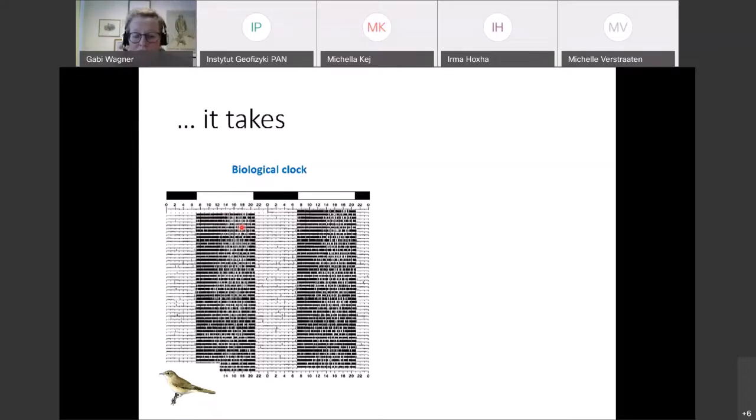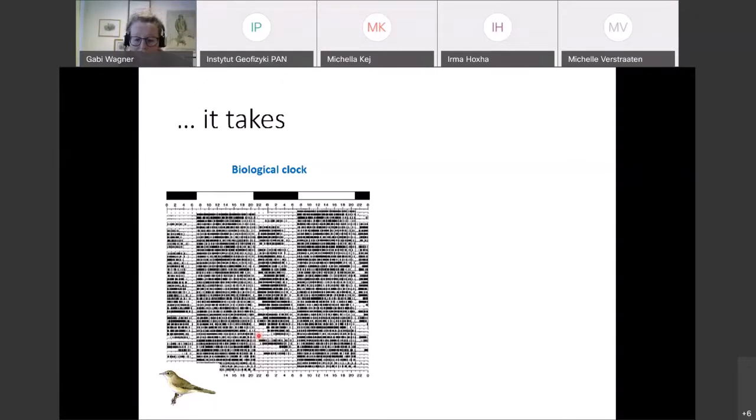And what the bird suddenly does, this is, by the way, a garden warbler, what the bird suddenly does is this: it changes its behavior and starts hopping around like crazy at night for a certain period of the year, and then it stops all by itself again. And this is the internal clock of the bird that sits in the brain that tells it now it's time to migrate. And this is a nocturnal migrant, so they fly at night. And the intensity of the movement at night and the duration actually defines how far the bird would go out in the wild.